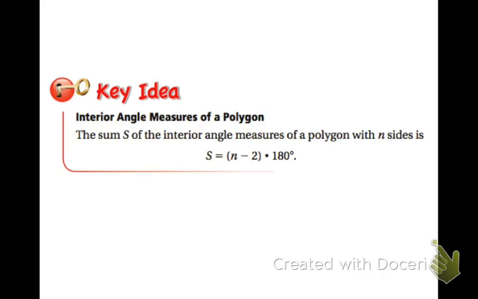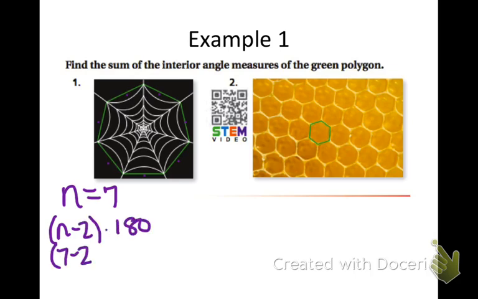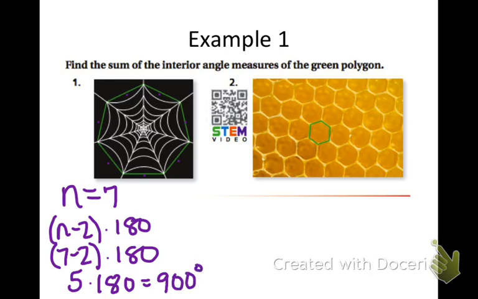So let's give this a try. Find the sum of the interior angle measures of the green polygon. The first thing I would want to do is find out how many sides it has. So I'd count 1, 2, 3, 4, 5, 6, 7. So if n is equal to 7, I could use the formula n minus 2 times 180. So I get 7 minus 2 times 180, or 5 times 180, and that equals 900 degrees inside of a